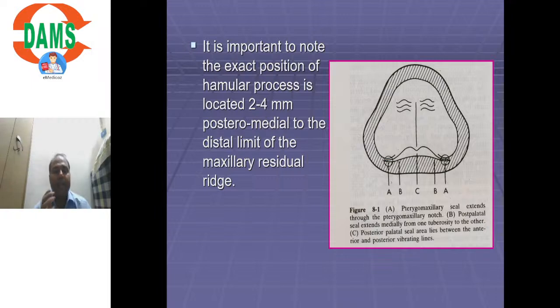Why? Because see, we say that even if this area, for example, the buccal vestibule or labial vestibule, is not recorded very well, there is still some margin of error. But while recording the posterior palatal seal area, there is no margin of error. Why? Because here it is the area of the lips. It is covered by the drape of the lips, and posteriorly the buccal vestibule